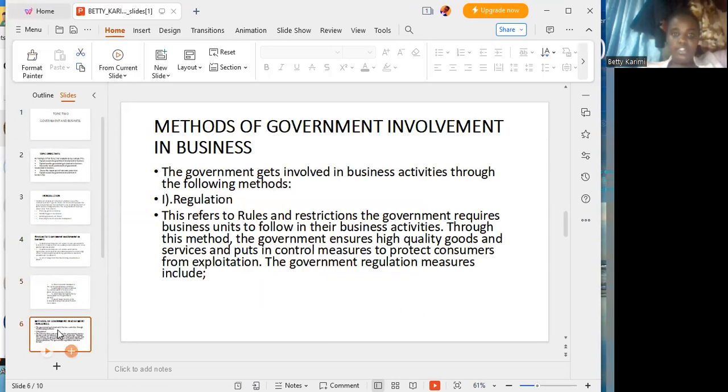Let's check on the methods of government involvement in business. The government gets involved in business activities through the following methods. One is regulation, and this refers to rules and restrictions the government requires a business unit to follow in its business activities. Through these methods, the government ensures high quality goods and services and puts in control measures to protect consumers from exploitation. The government regulation measures include